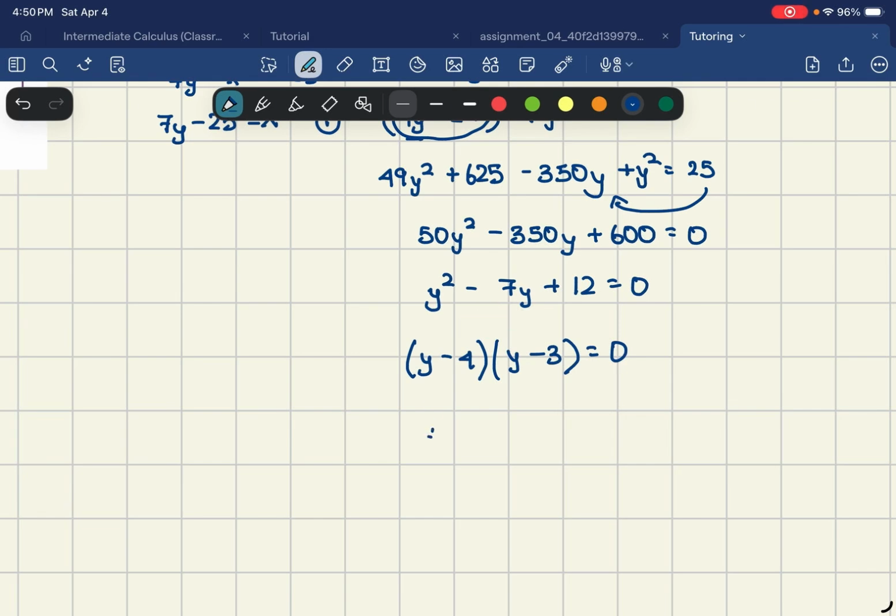And now you get that y minus 4 equals to 0. So y is equal to 4. y minus 3 equals to 0. y is equal to 3. All right. So now that we have this established,